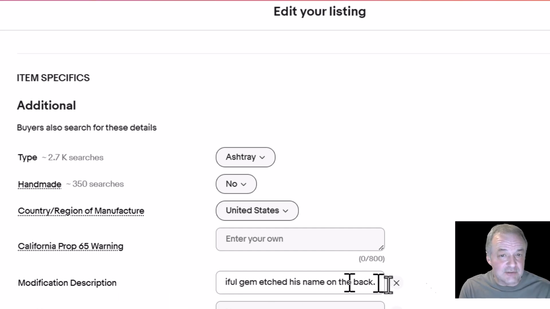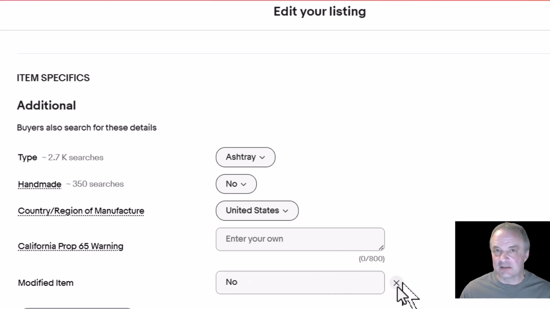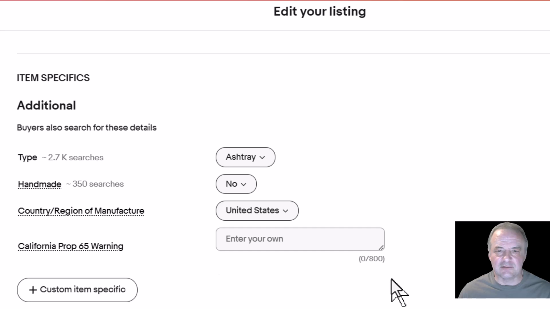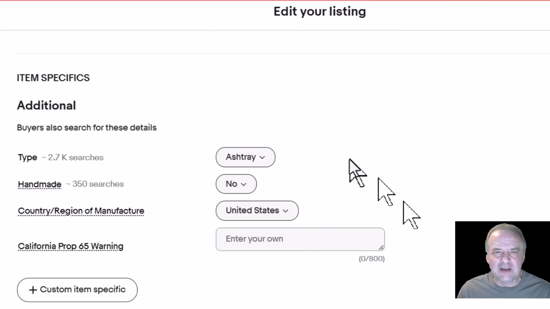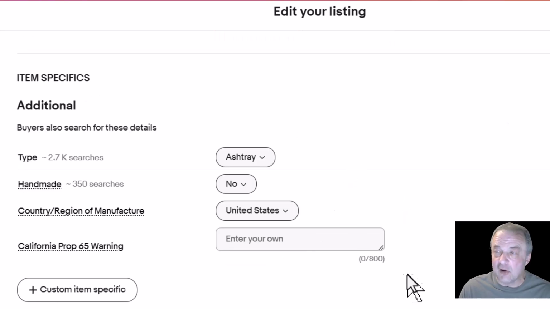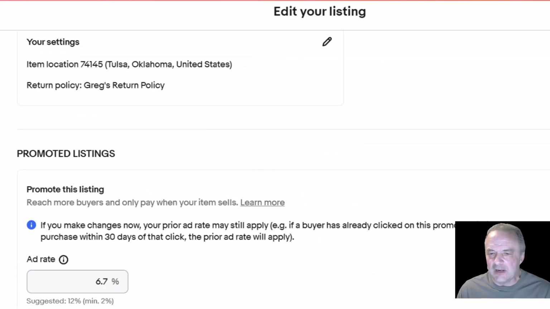Now, it didn't used to be. I'm just going to click the X and delete it. I'm going to click the X and delete this too. It doesn't matter. So there aren't many item specifics here, but it's a weird category, and there just aren't many item specifics on all categories. But I'm going to go down now and click save, or you can't see it, but there's a